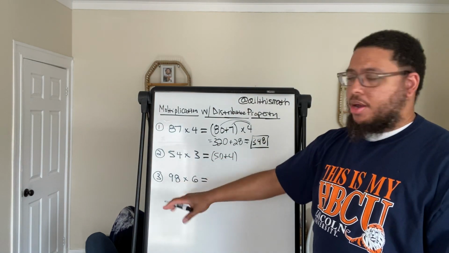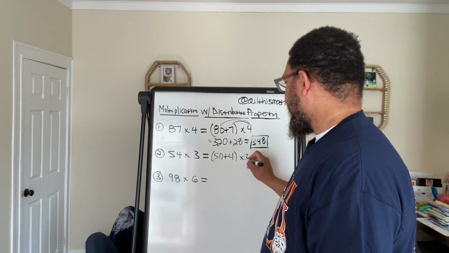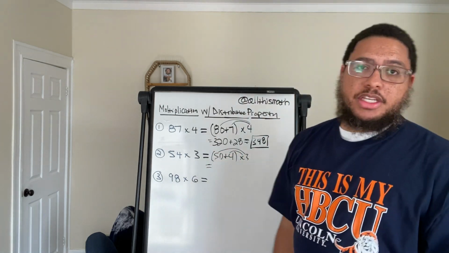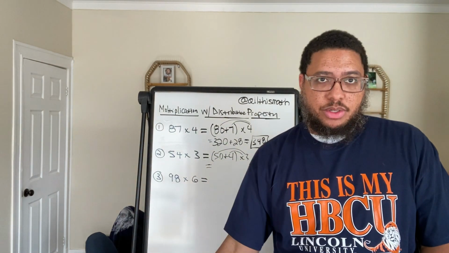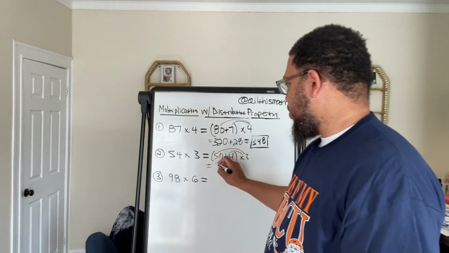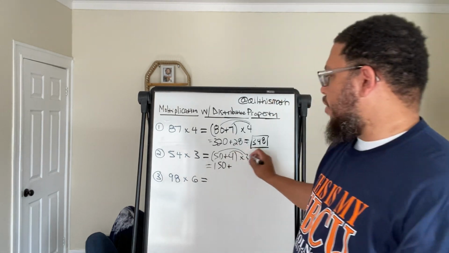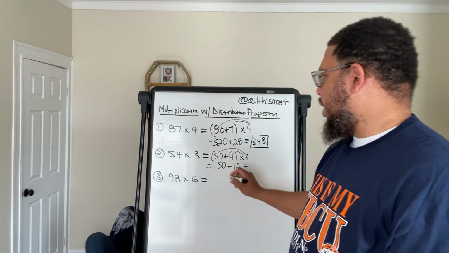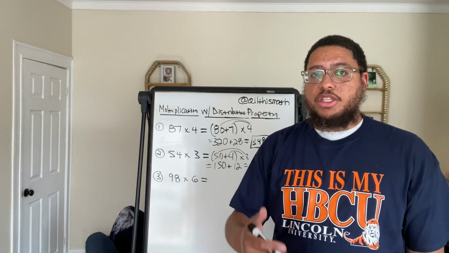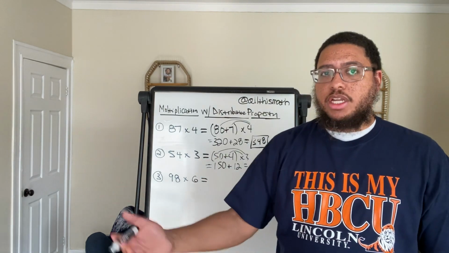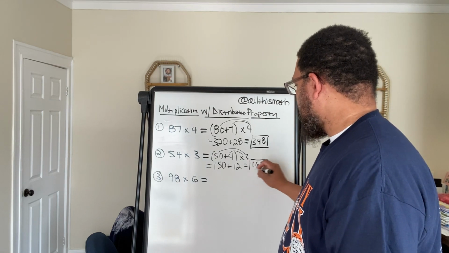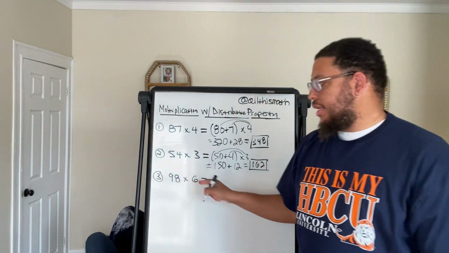When we get down here, well, I'll wait till we get there. And then we got times 3. So we're going to do 50 times 3 and 4 times 3, right? 50 times 3 is the same thing as 5 times 3 with a 0 attached to it. So what's 5 times 3? 15. What's 15 with a 0 attached to it? 150. So I got 150 right there. And then I got 4 times 3. That's 12. And then I'm going to do 150 plus 12. I can think of 12 as 10 and 2. So 150 plus 10 is 160. And then the 2 that's left over, 160 plus 2 is 162. Boom.